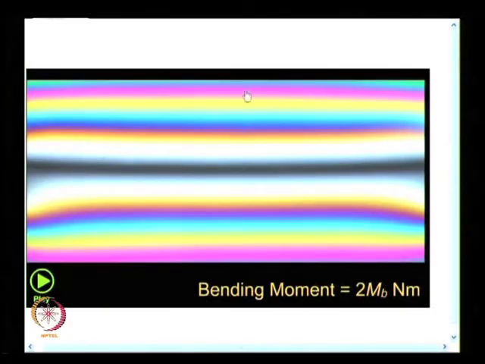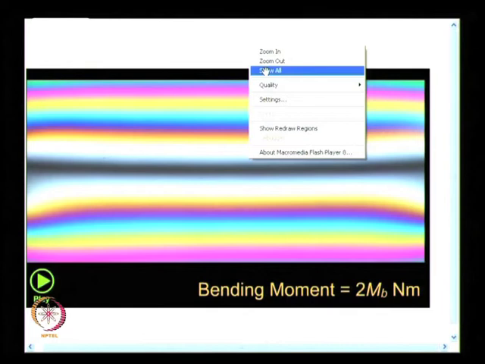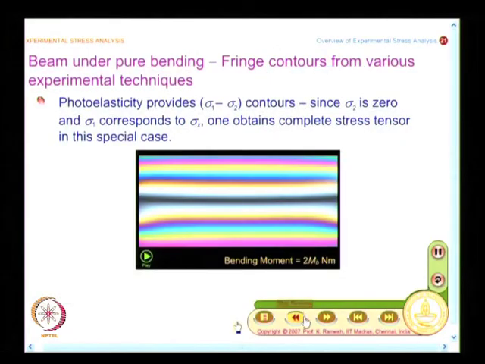It is not so. In your analytical evaluation of stresses, if you also bring in the effect of Poisson ratio, then the stress patterns will be like this. So experiment always gives you truth, and that you should never forget it. Okay. Now what we are going to do is, we will again go back to the slide,